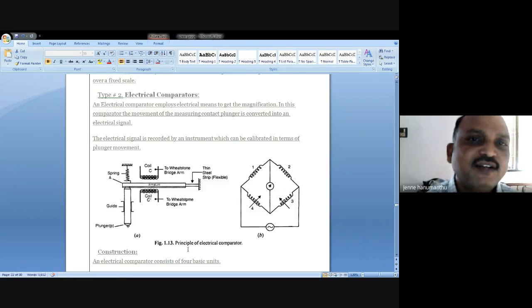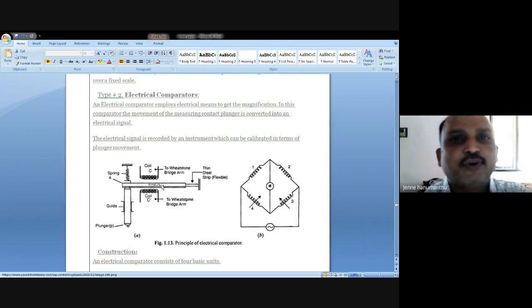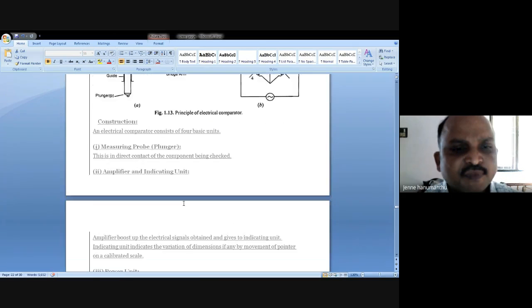In the previous one, there was no electrical output, but a direct mechanical output, the dial indicator, where the dial gives you some value. But here it gives some voltage or current, based on which we know the dimensions. Next one,